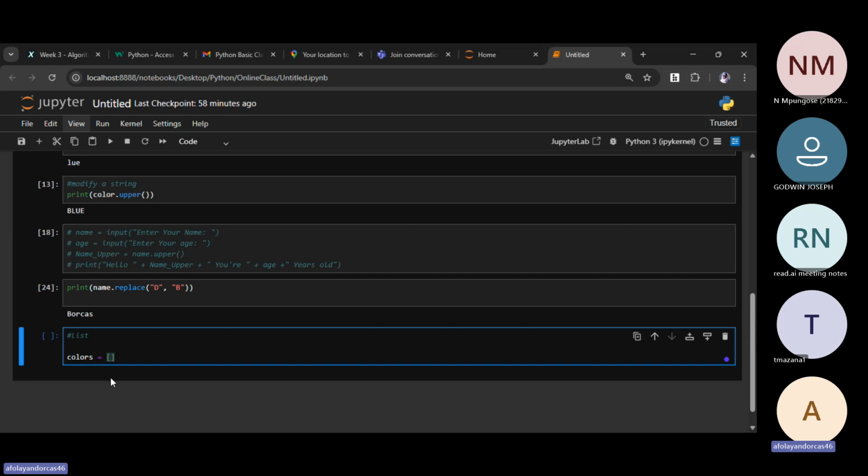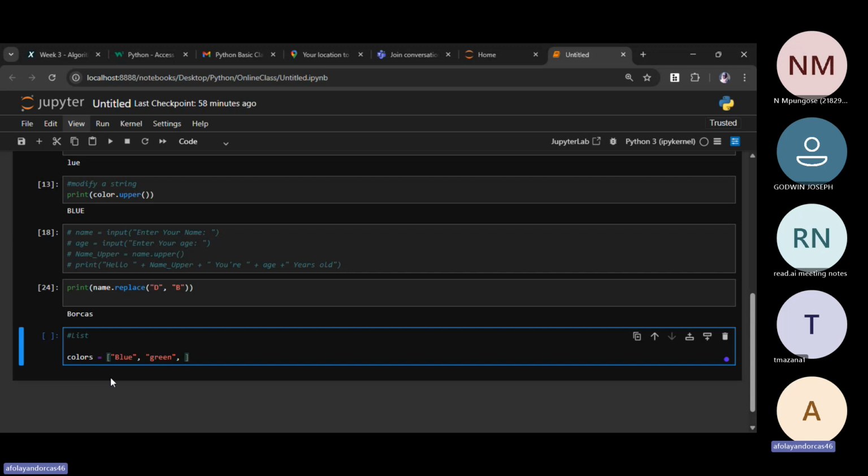And here we have colors. Let me say I want a list of colors. So we have blue, then we have green.